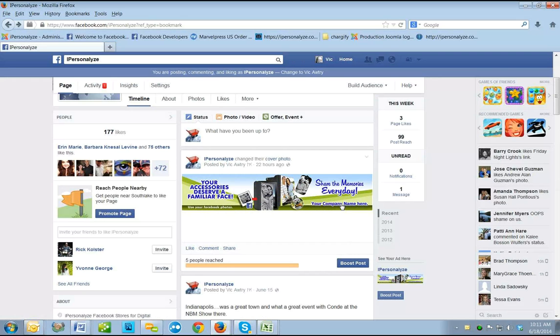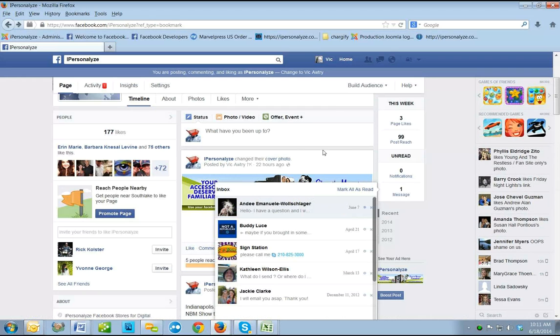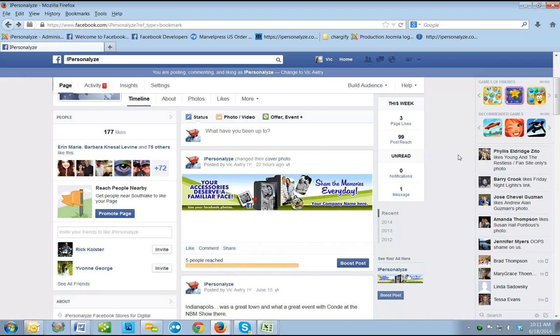So anytime you change your cover photo, a post will go out to your fans to let them know, hey, we changed it. So if you want to change it on a regular basis, you can send one out specifically for wedding season. You can set one up specifically for an event that might be happening in your community. Like we have a Plano Balloon Festival in our town, which is big. Happens in September every year. And usually a whole month prior to the event, social media is just flooded with balloon images and the vendors that are going to be there, the activities that the kids